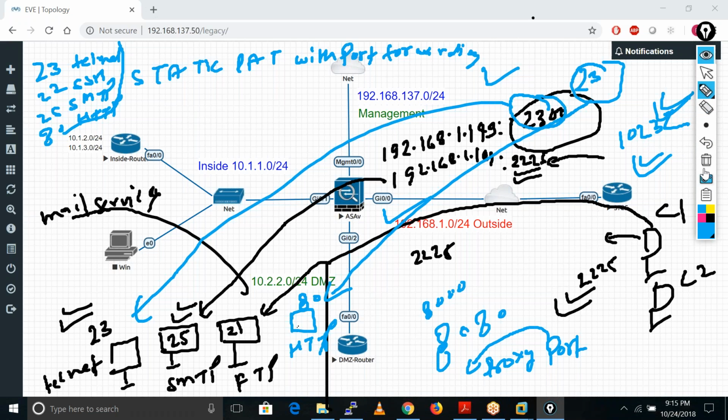I have one question. In a big organization like Dell, do we have only one firewall for all the servers, or different firewalls? For a very big organization, like Cisco where I'm working, we have around 4,000 firewalls.